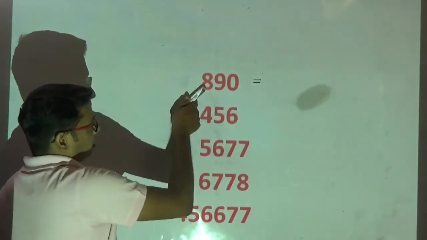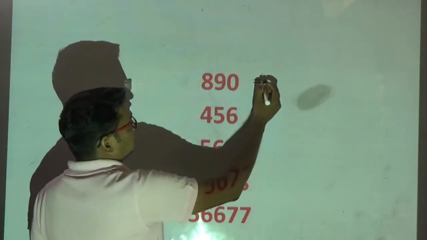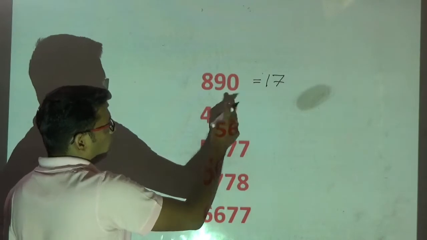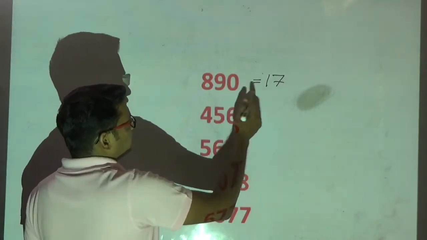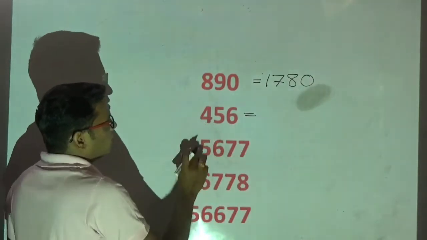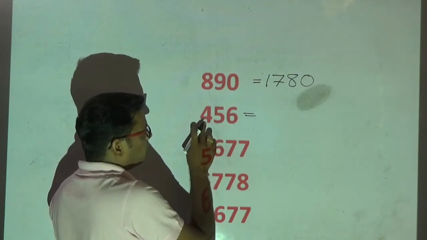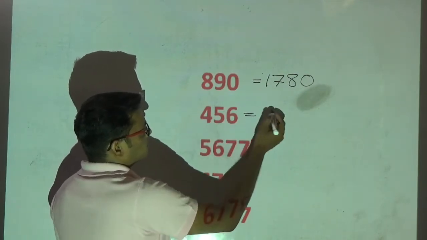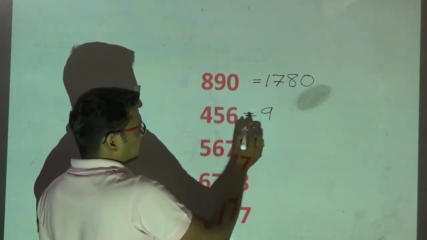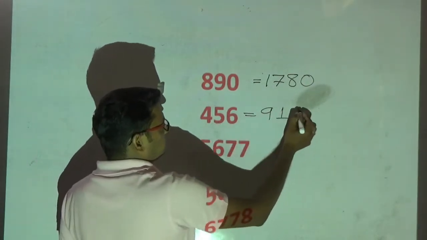Now, kindly observe here. Double of 8 is 16. I will observe the next number. It is more than 5. Therefore, 16, I will add plus 1. 17. Double of 9 is 18. The next number is 0. No need to do plus 1. So, the end digit of 18 is 8. Right, as it is. 0 double is 0. Now, similarly here. 4 double is 8. The next number is equal to 5. Therefore, double 4 plus 1. Double of 4 is 8, plus 1 is 9. Double of 5 is 10, but the next digit is more than 5. Therefore, 10 plus 1 is 11. Write the end digit only. Double of 6 is 12. Write the end digit only.